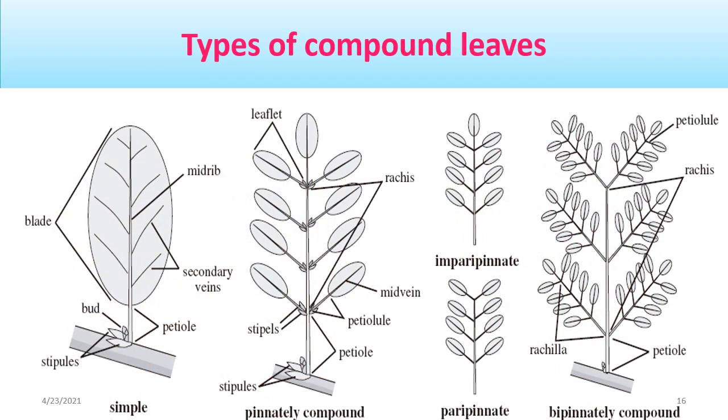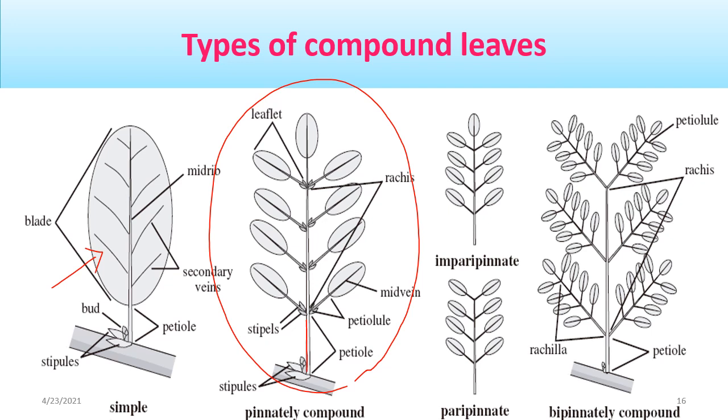The same is illustrated here. A simple leaf is a single leaf. Then this entire structure is one compound leaf. As you can see, this is the petiole. This is a very important slide for you. The petiole finishes here only. Then an axis extended from that portion is called the rachis. Then these individual parts are called leaflets. And here you can see these parts, the stalks of the leaflets, are called petiolules.